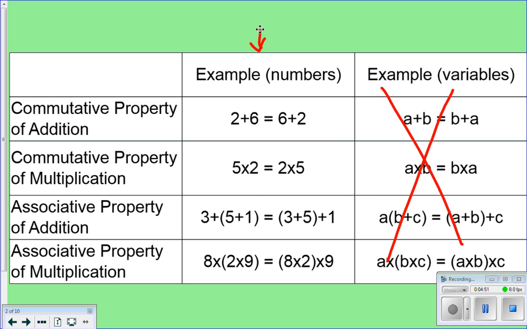Now here's the thing. Addition and multiplication are the only operations that have these properties. And the reason why is this. If I look at 2 plus 6 and 6 plus 2, am I going to get the same thing? Okay, now what if I do this? What if I do 2